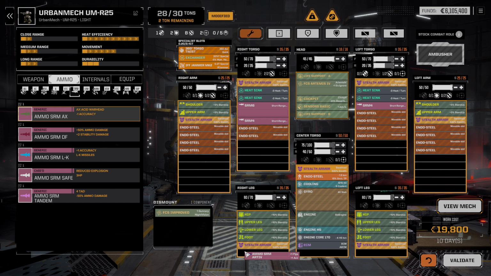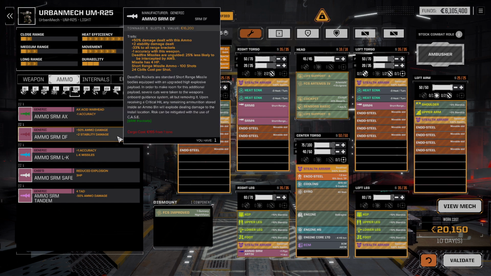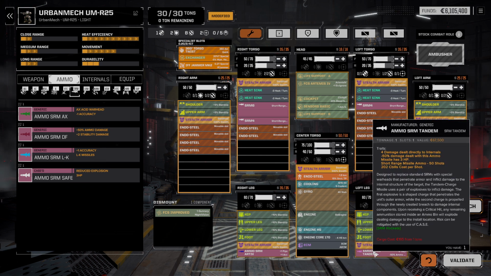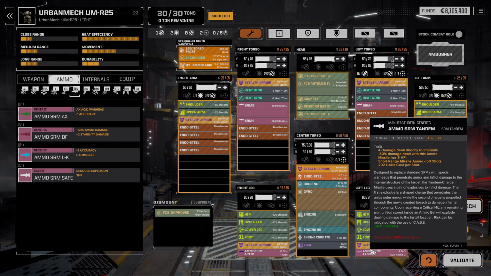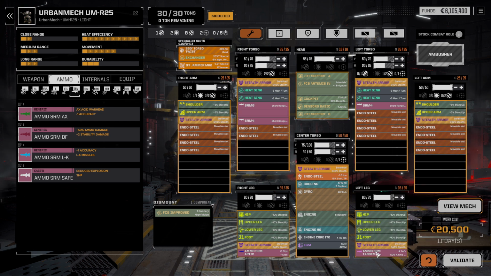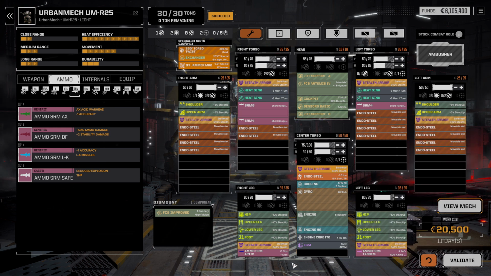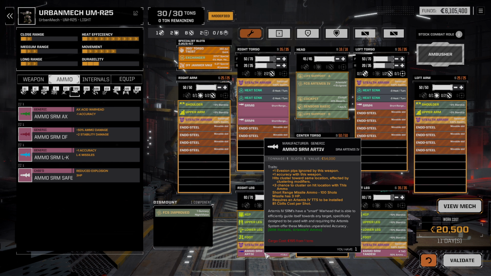So we're going to have Artemis and Tandem. Again, early game missions, tanks are super likely to happen, and they're going to have very little structure. So that gives us 50 shots of Tandem, which is enough for like 3 alpha strikes, so potentially 3 tank kills, and then 100 shots of Artemis, which is 8